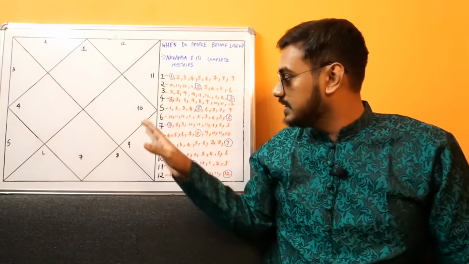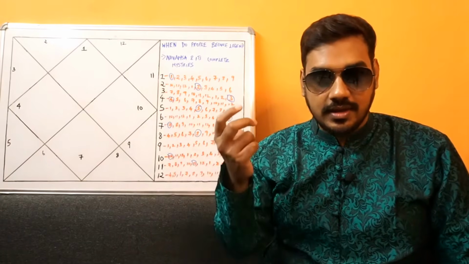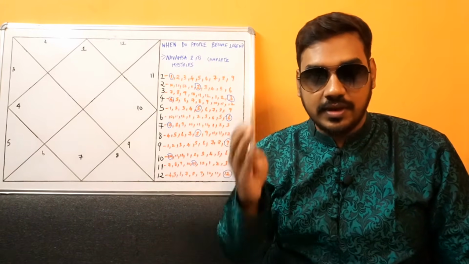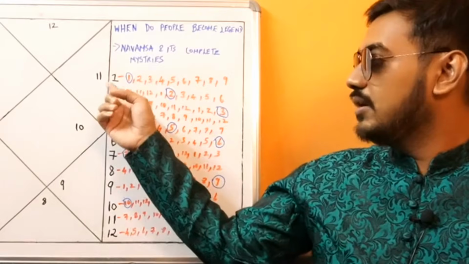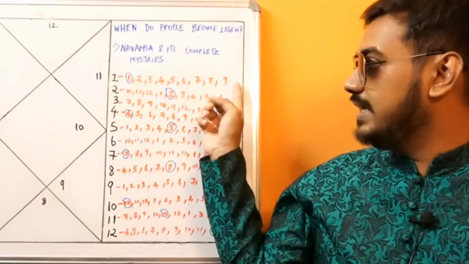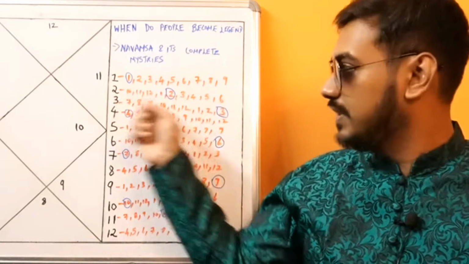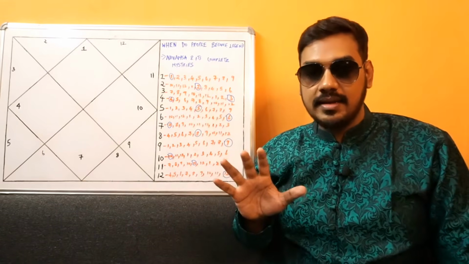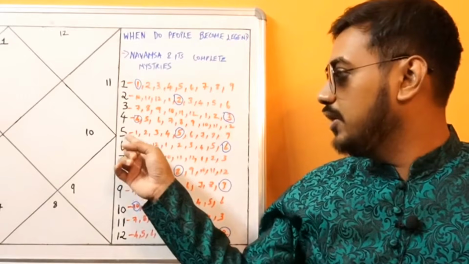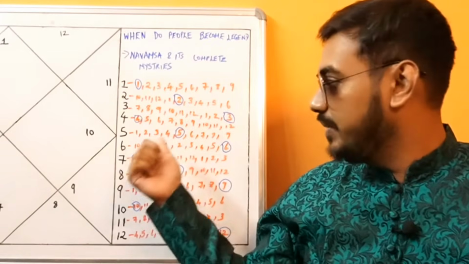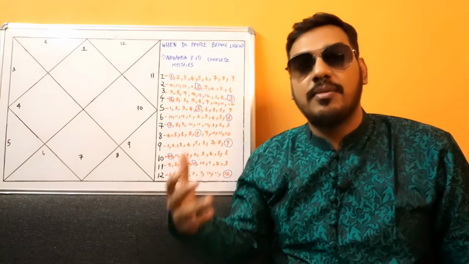For fixed signs, that is 2, 5, 8 and 11, Taurus, Leo, Scorpio, Aquarius, for these 4, the 5th Navamsa will be their own sign. So, if you see this Taurus sign, it starts from Capricorn, because Aries ends with Saggy. So, from Capricorn it starts and the 2 comes in the 5th number. So, the Taurus sign will have its own Navamsa in the fifth part. Similarly, Leo will have its own Navamsha in the fifth Navamsha. Similarly, for Aquarius, the Aquarius sign will form in the fifth Navamsha.